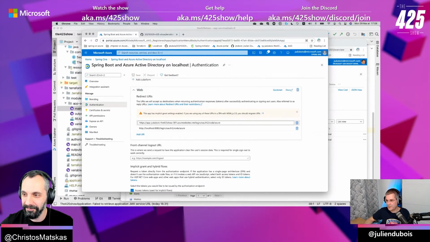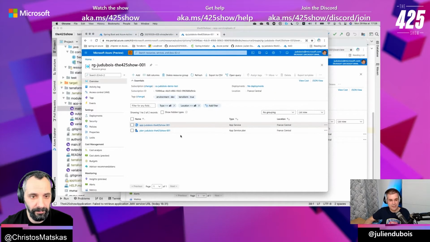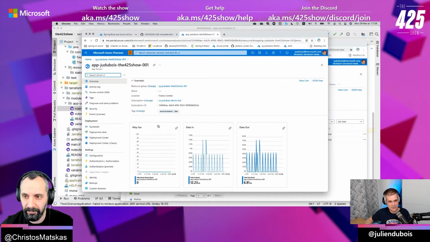If I go to my app now, this Terraform script created the plan. We don't really care about the plan for what we're doing, the most important thing is the app.